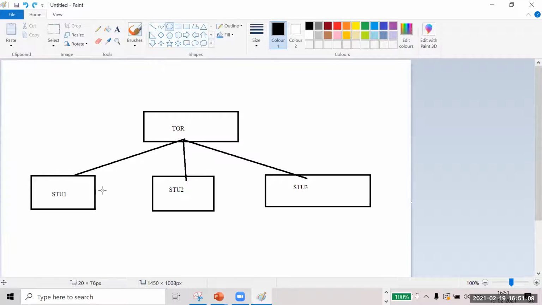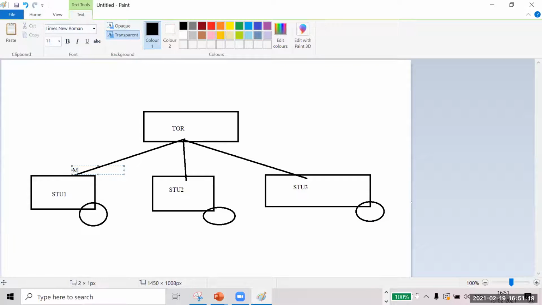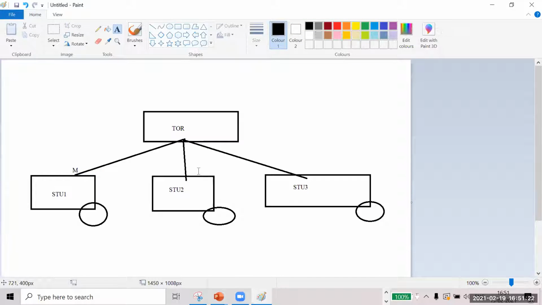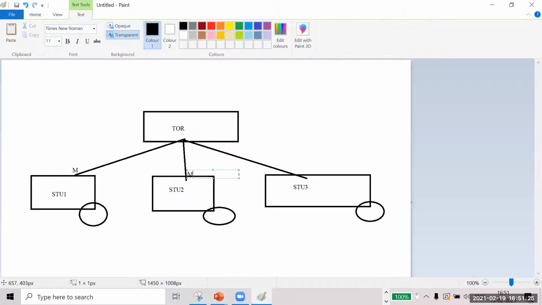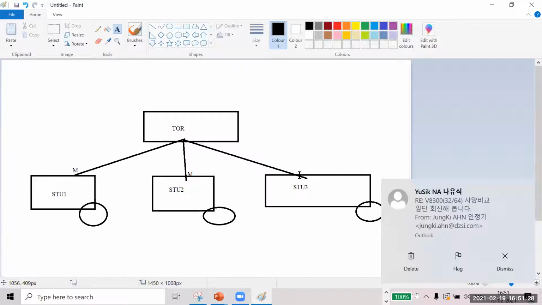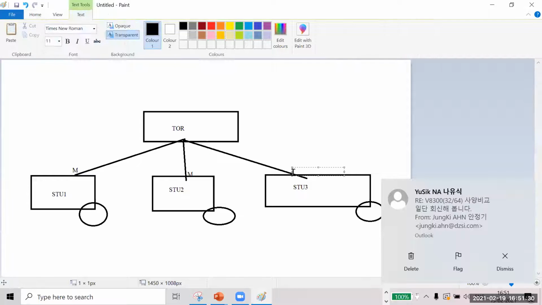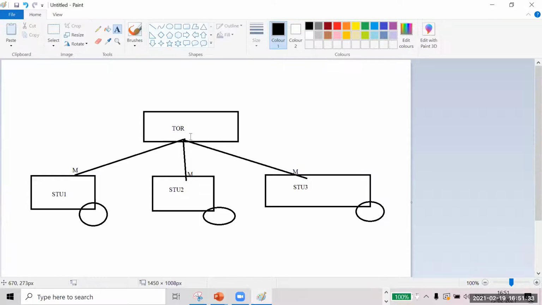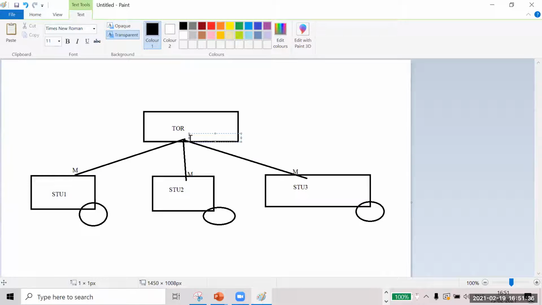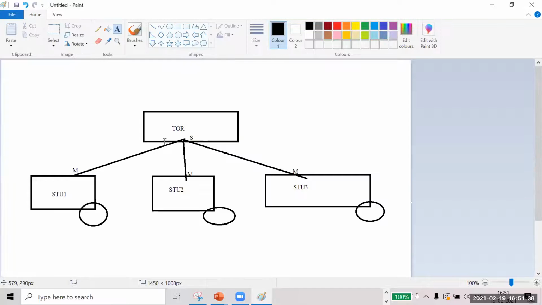Each has its own GPS. Okay, and this port is going to be the master port. This will be three different interfaces. I'm just putting it for understanding purposes. And let's say if this GPS is down,